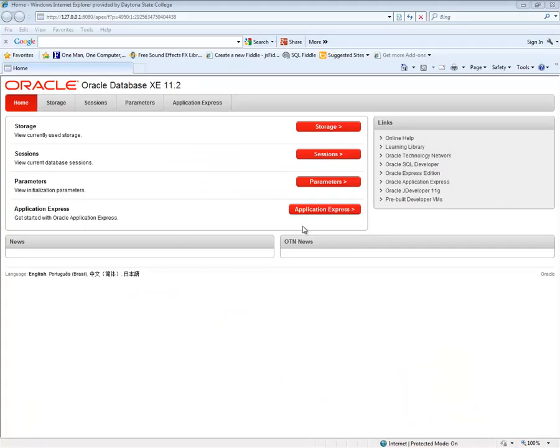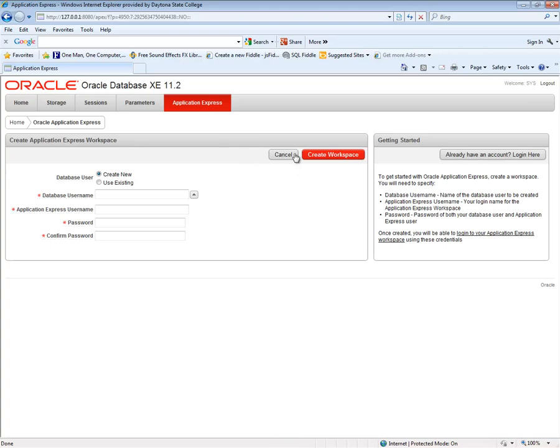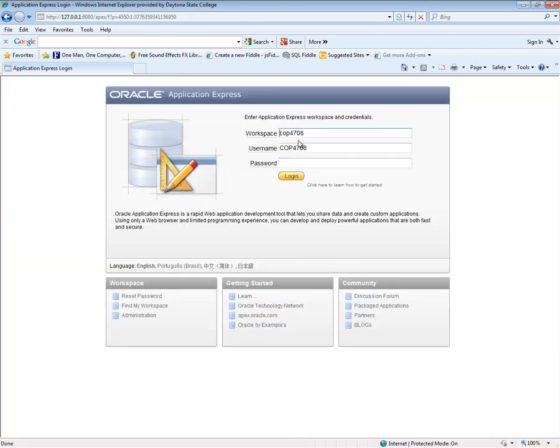So I'm getting started with Oracle. I will click on the Express, Application Express. Then I will use sys, and I will click on the already have an account, log in here, and as you can see I have the COP 4708 that's being created as a user. So I will go to that workspace,